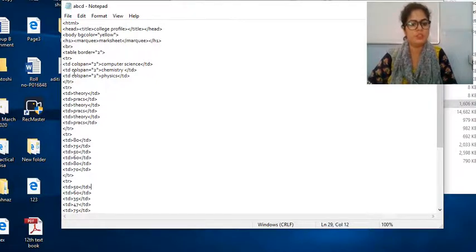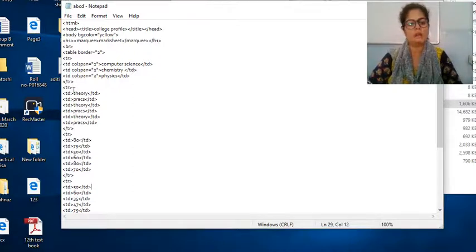So in this first row we have used 3 cells, because we have used 3 TD tags: 1, 2, 3. We have performed spanning on all these 3 cells. How many columns have we spanned? We have spanned 2 columns, because we always gave the value 2, and this is the data we want to write, and tr close.